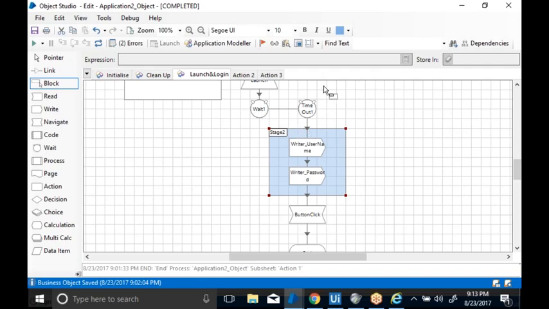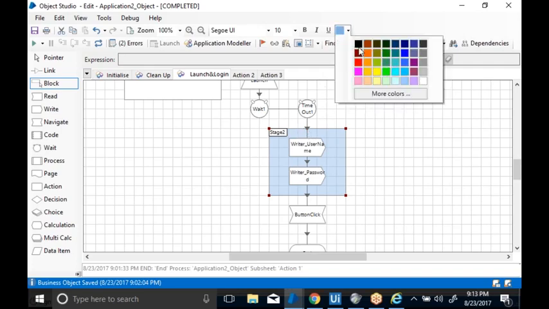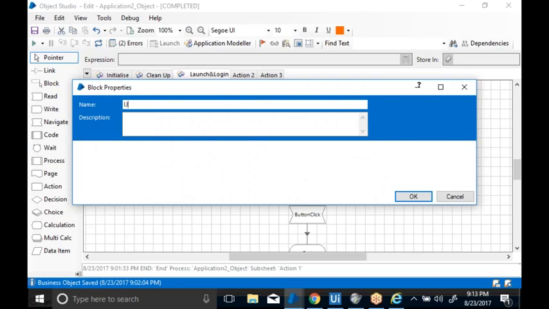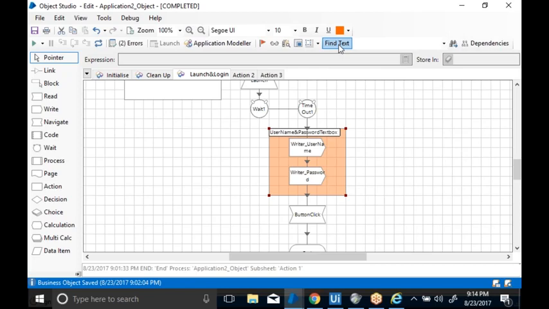It will get highlighted with a different color. Here you can also choose the colors for that particular block. It is just for designing and appearance purposes, not for any coding purpose. Now I can give it a name like username and password text box. You can give the name and make different colors also. You can use multiple blocks in your solution.